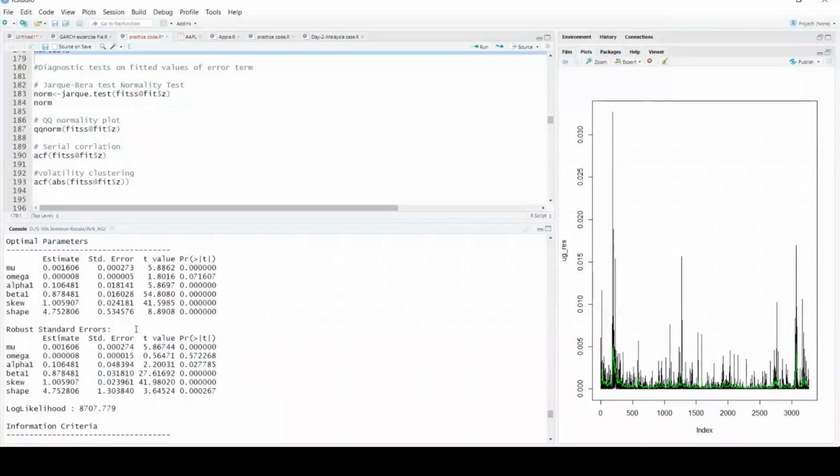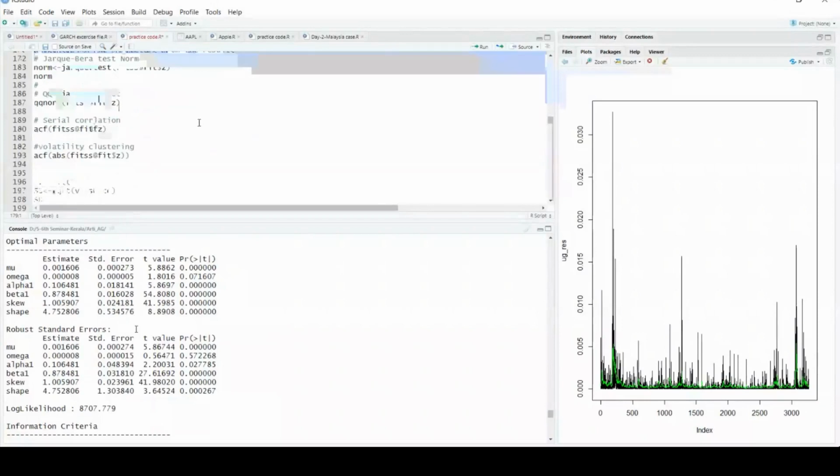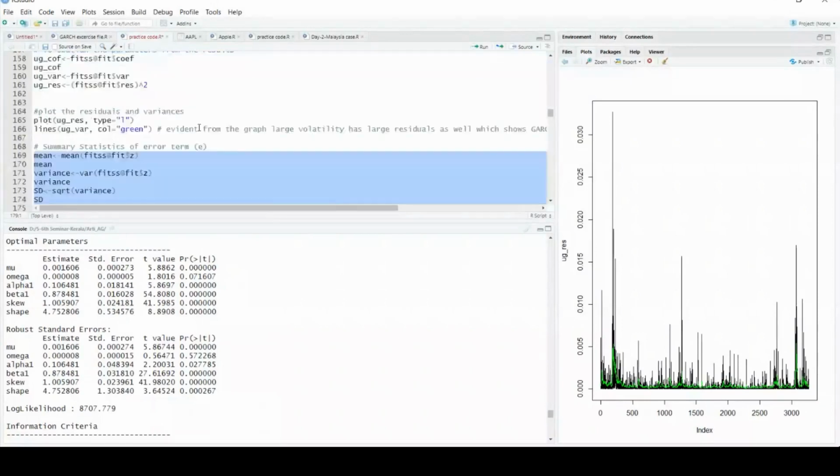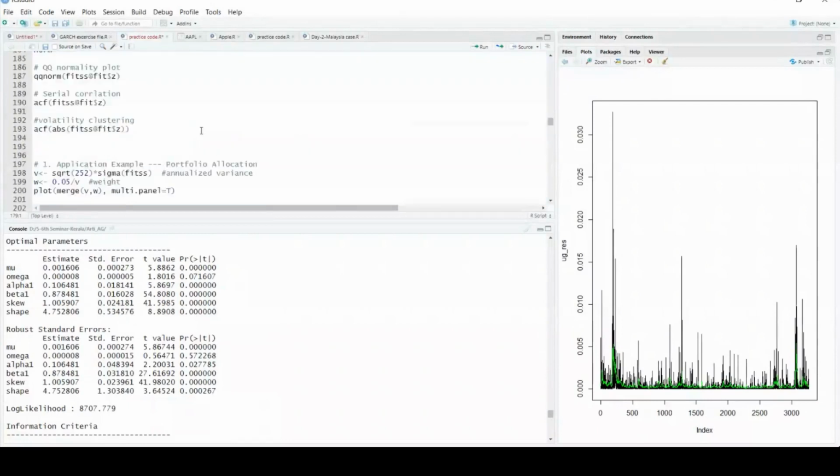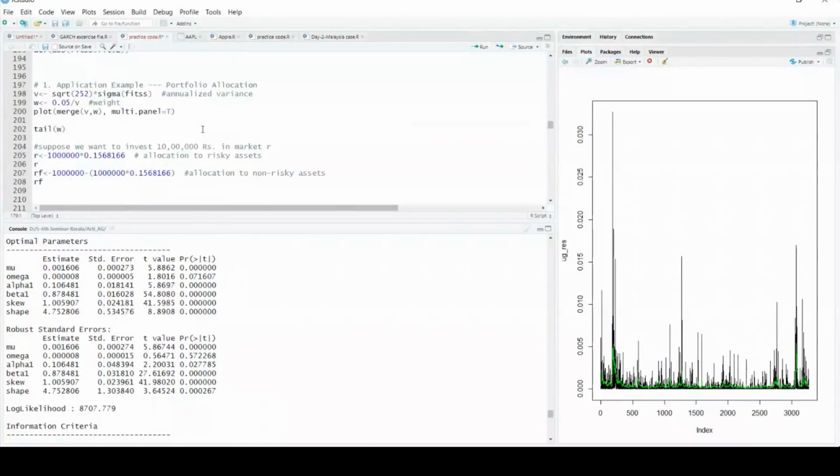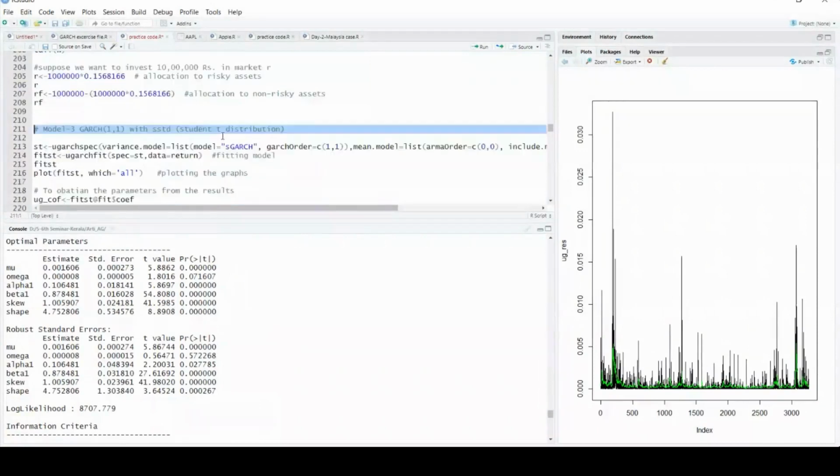Okay, what I was discussing: I hope you understood about the GARCH with skewed student T distribution. Now there is one more model, where you can do the same application again. I'm not going through the portfolio allocation again and again, I think I've already given you the concept. Going to the GARCH, this is the third type of model, which is called student T GARCH, with a student T distribution. Here, instead of skewed, I'm removing the skewed part. I will only get student T distribution, and I will rerun the plots and everything again.